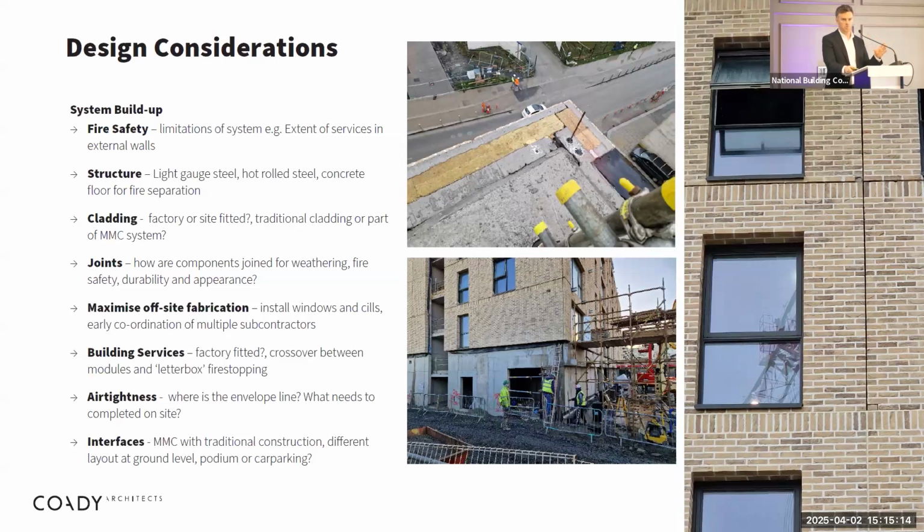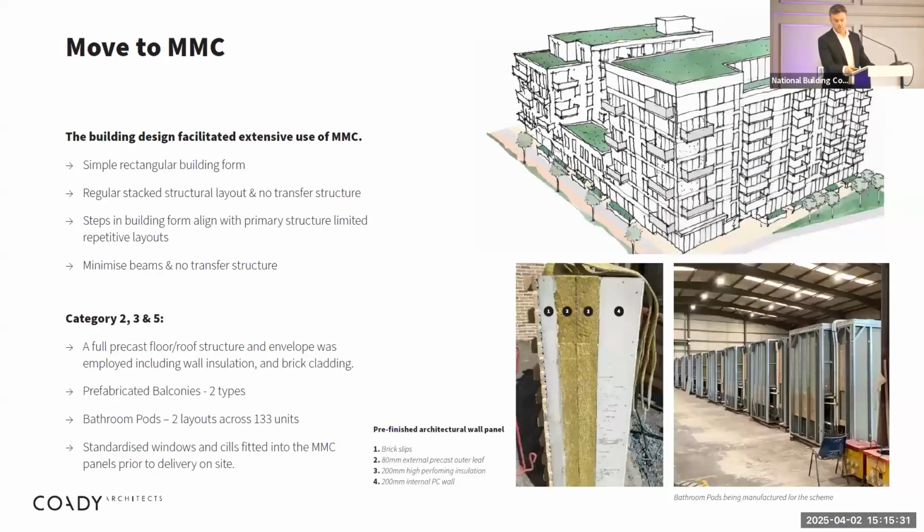Someone mentioned earlier on, we don't want this building to look like a modular or prefabricated building. The design intent was for a large brick facade. So we were promised from the outset that the design intent could be maintained. So as I said, the elements that we had there were the prefabricated balconies, the bathroom pods, and the precast